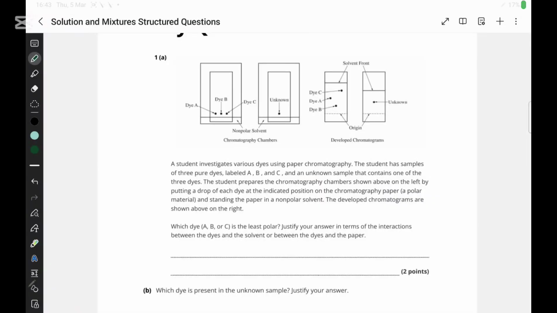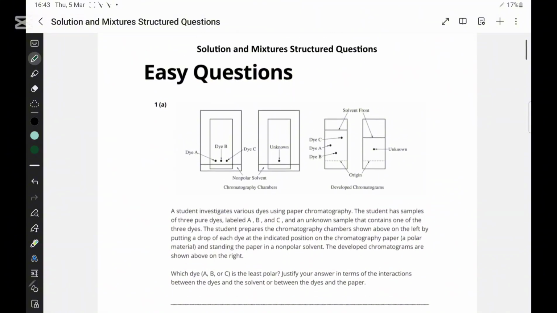In this video, we are going to attempt past paper questions related to solutions and mixtures. We are going to attempt structured questions for AP chemistry. In the first question, what they are saying to us,